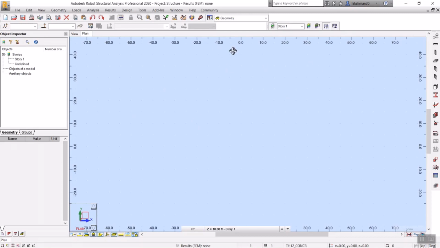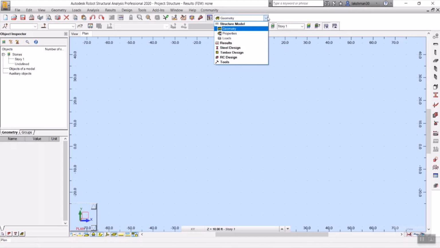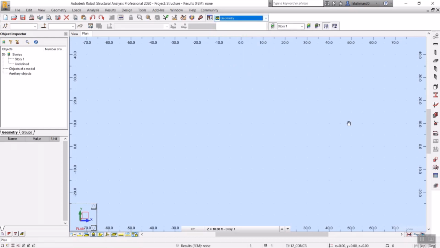The next one is the layout toolbar. In the layout toolbar, we'll have the option to switch from the geometry page to the result page, or from the result page to the geometry page. And this is the structural toolbar, where you can see the whole workflow, how Robot is going to work and how the design you're going to make.